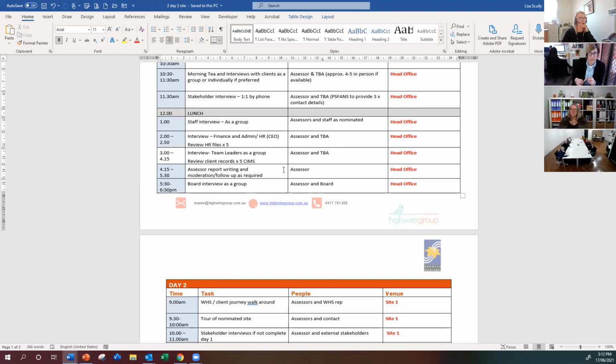And after that, I'll be looking at least 5 of the participants' client records. Now, when I say that, people are sometimes a little bit concerned about what we're looking for, but it's not around their story as such. It's around their service delivery with you.